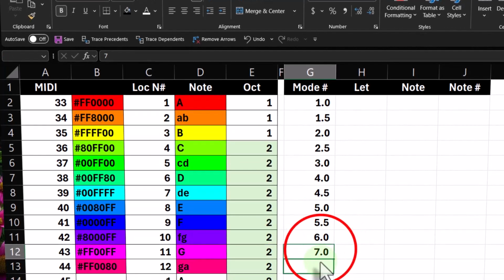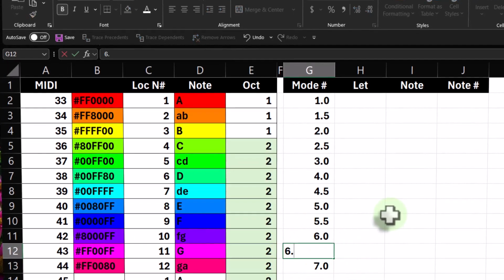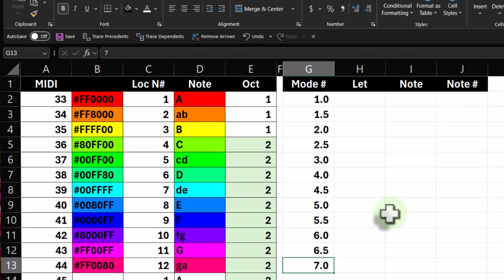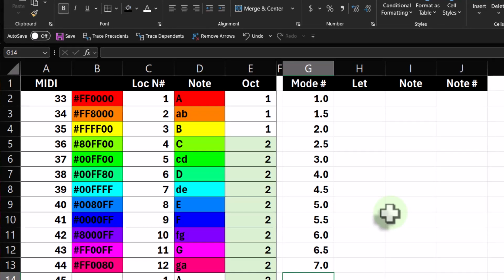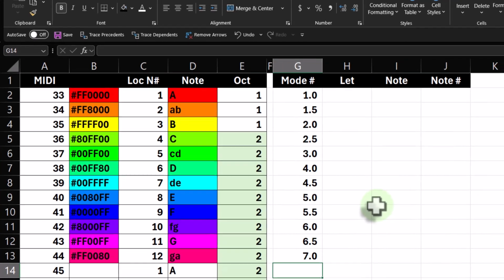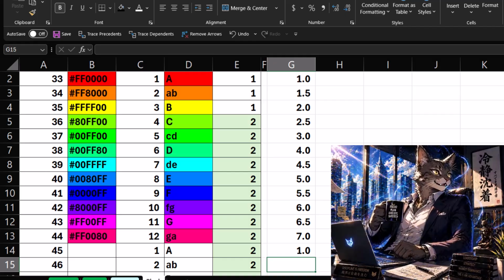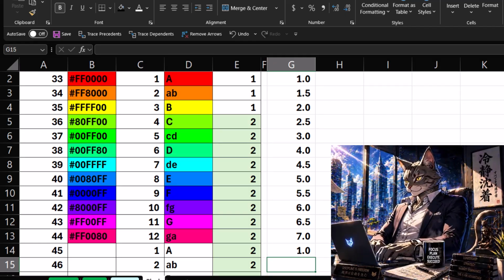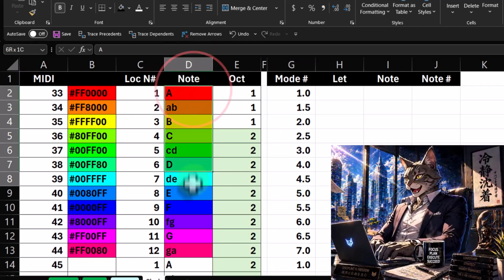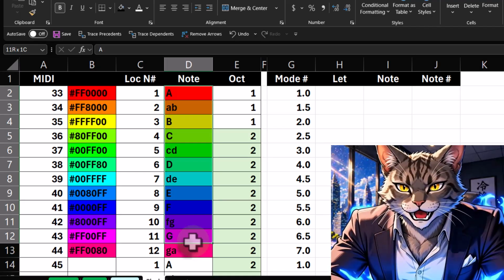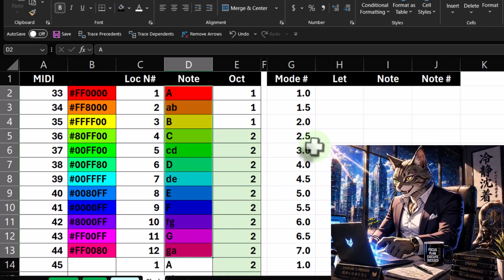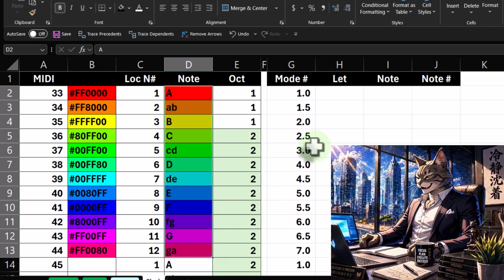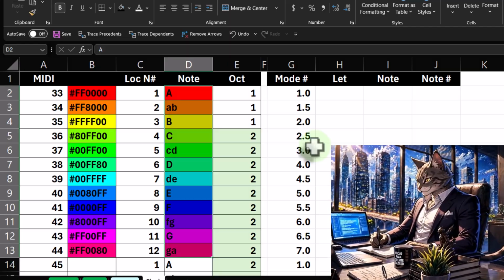And Aeolian has one. It's going to be 6.5. And then once I get to 7, it'll start over again because there's a half step that goes back to, in essence, 1. So as we do this, just like with the numbering system, we do have octaves. So I'm thinking right here that we're only going to go 1 octave and think about it as wrapping around